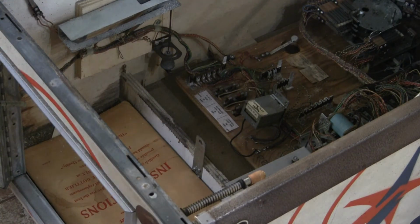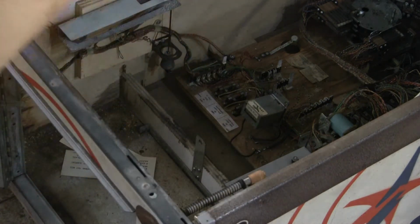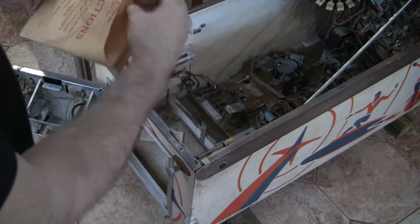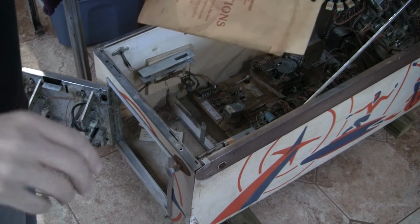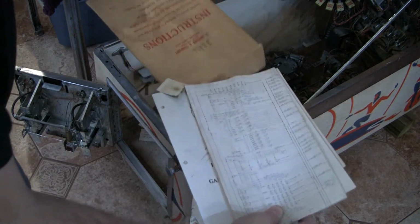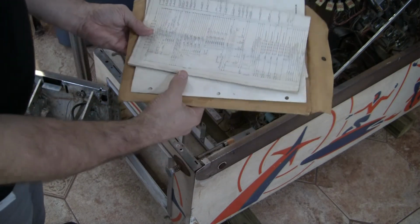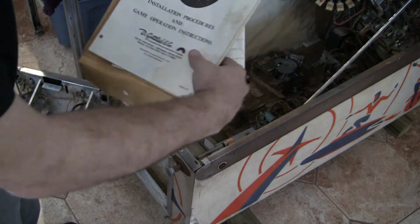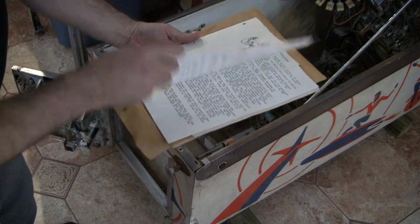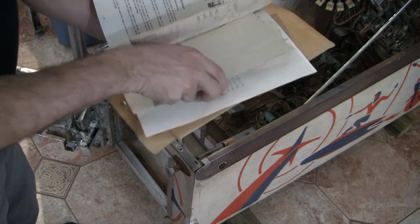And of course, look at this. The original manual or something. Shall we take a look inside? Let's take a look and see what we've got in here. Okay. I see schematics. That's always a good thing. Look at that. So we've got the schematics for the game, and we've got the manual, more schematics,